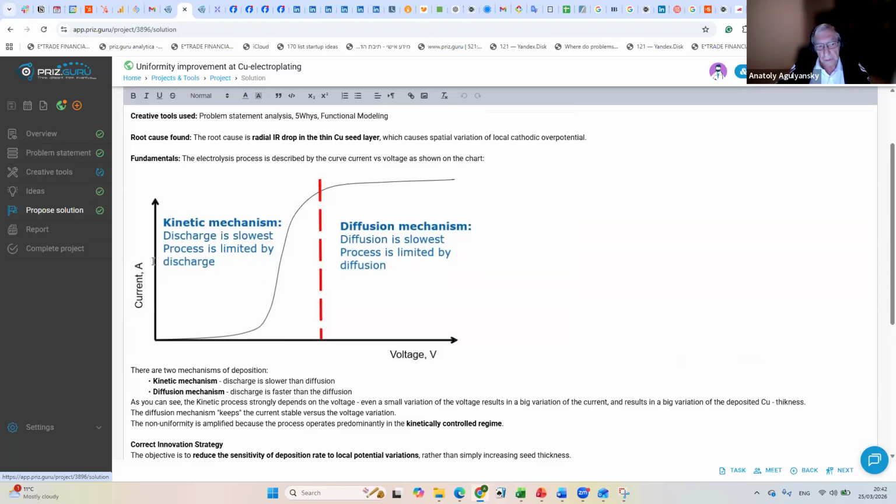What I mean is, for instance, if the current is here, it could be current on the bevel is here, while current in the center of the wafer will be here. And overall, all current is okay, as we described, but it is different according to the